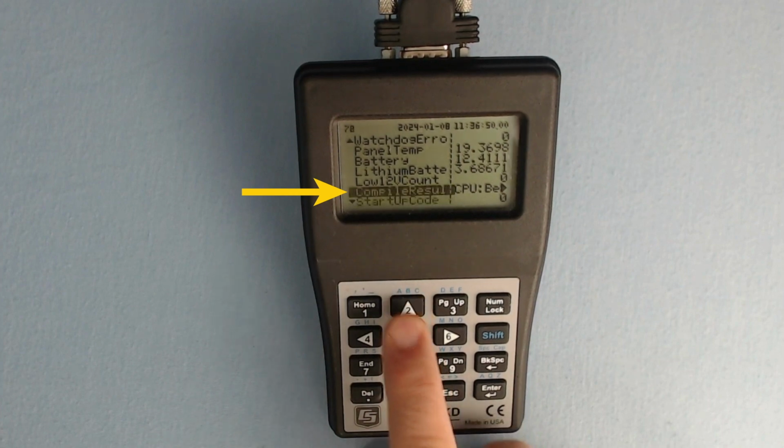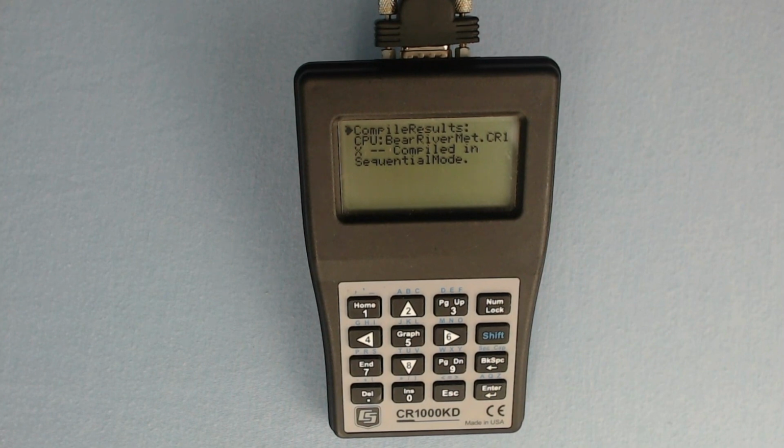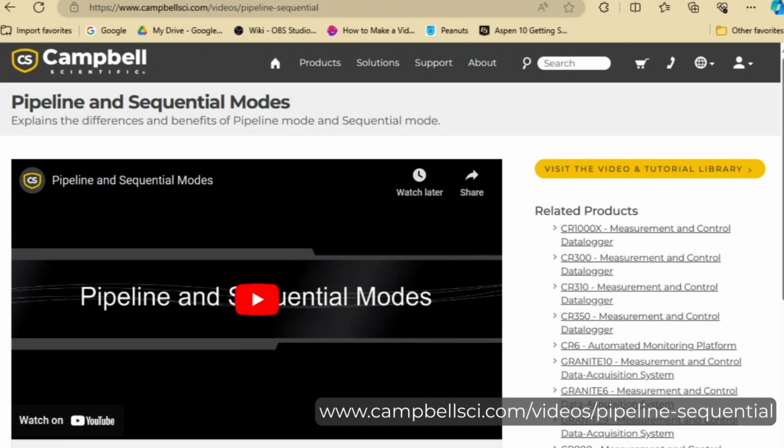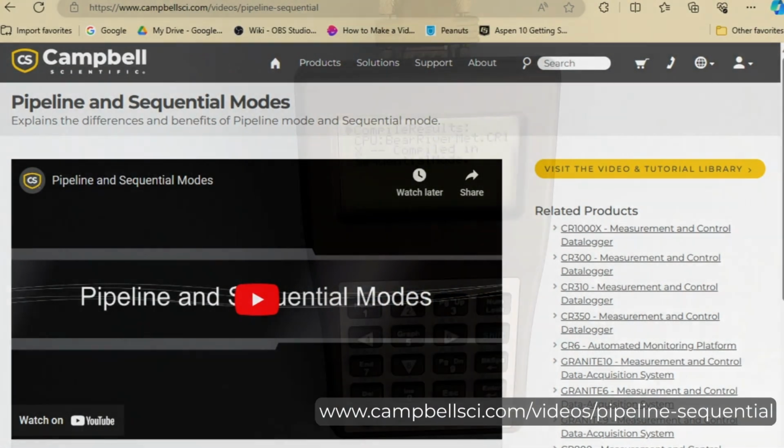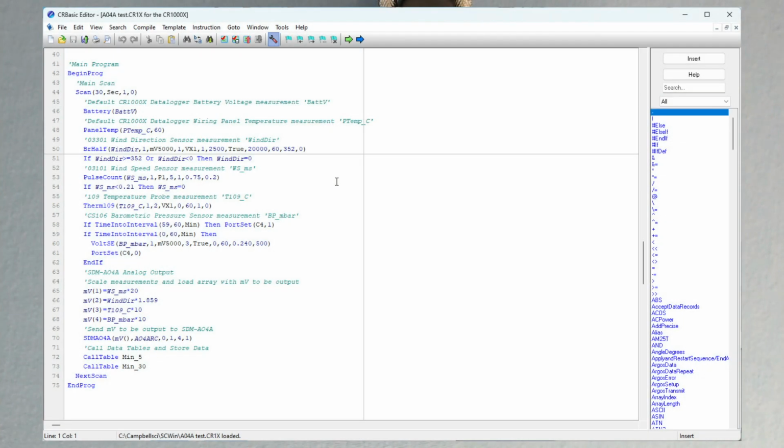Compile results is a message generated when the data logger program compiles. If there are no problems, it will indicate that the program compiled in pipeline mode or sequential mode. If you're unfamiliar with these modes and want to know more, see the pipeline and sequential modes video available on our website. This field may also display warnings about the program or compilation errors. If the program failed to compile, it will need to be debugged using the CR Basic editor. Sometimes a compile error happens when a new CR Basic instruction is sent to a data logger that is running